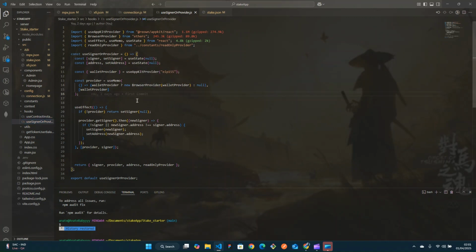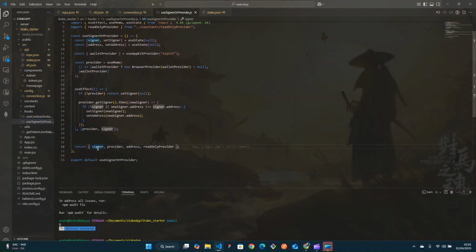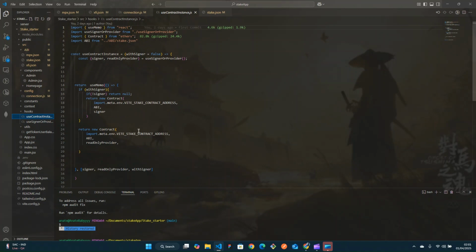So the useSignerOrProvider is just helping us to get the signer, that's the person that is actually using the platform or the app at that time. So which is logged in, or what wallet is connected. Okay, so we have the provider, the address, and we also have the read-only provider, like I explained before. The read-only provider is practically helping us to read the contract. And the useContractInstance is practically determining the instance of the contract, whether it's going to be read-only or when someone is signing. Okay, now we can move on